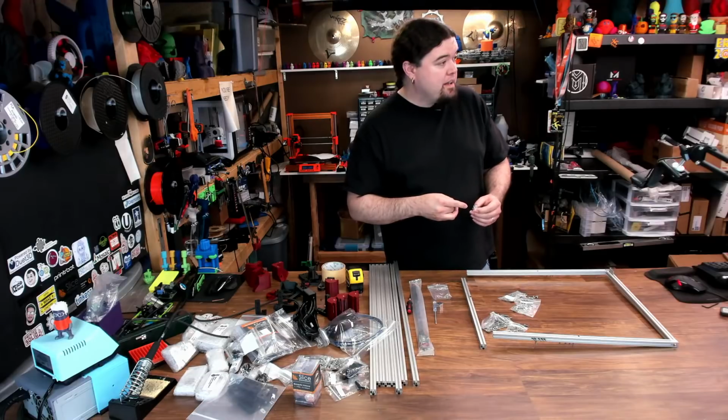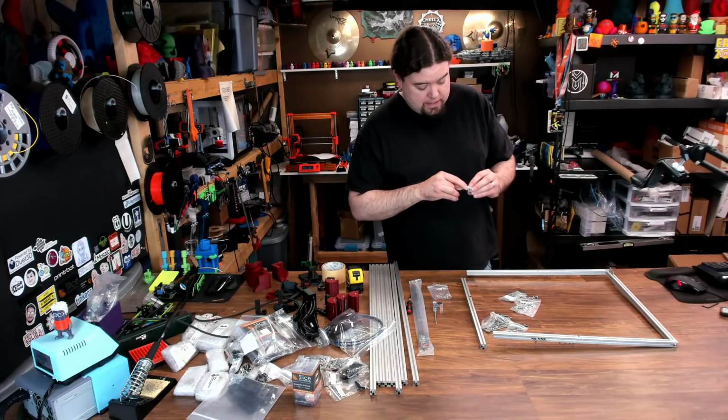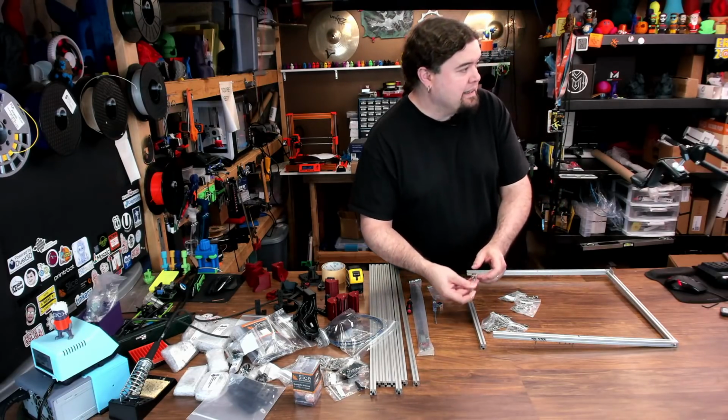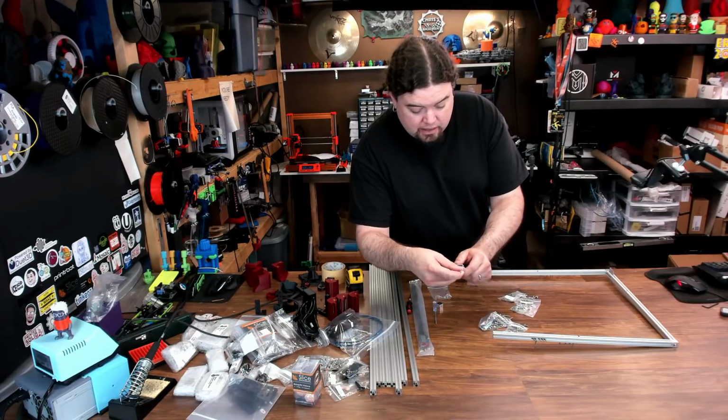So, you know how it goes. I've made some adjustments. We're printing again. We'll see how we do. All in all, I kind of like the printer. I mean, it looks good. It's very,